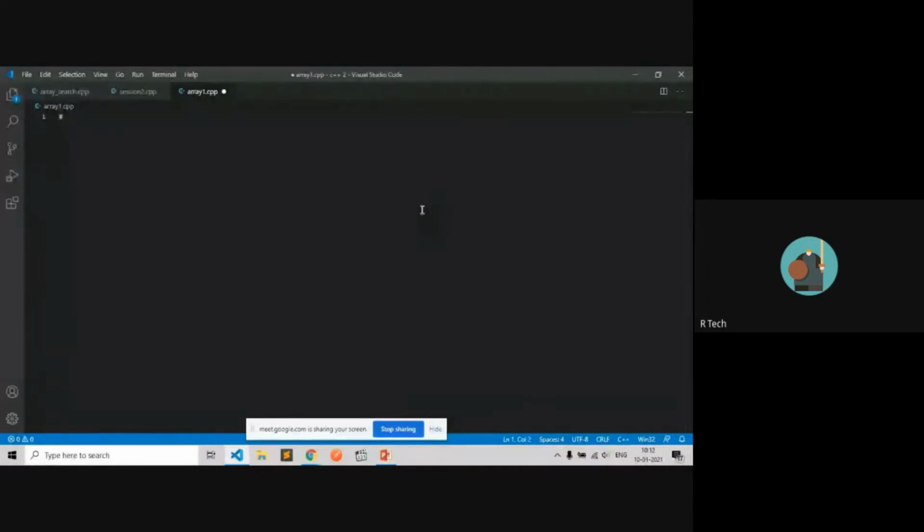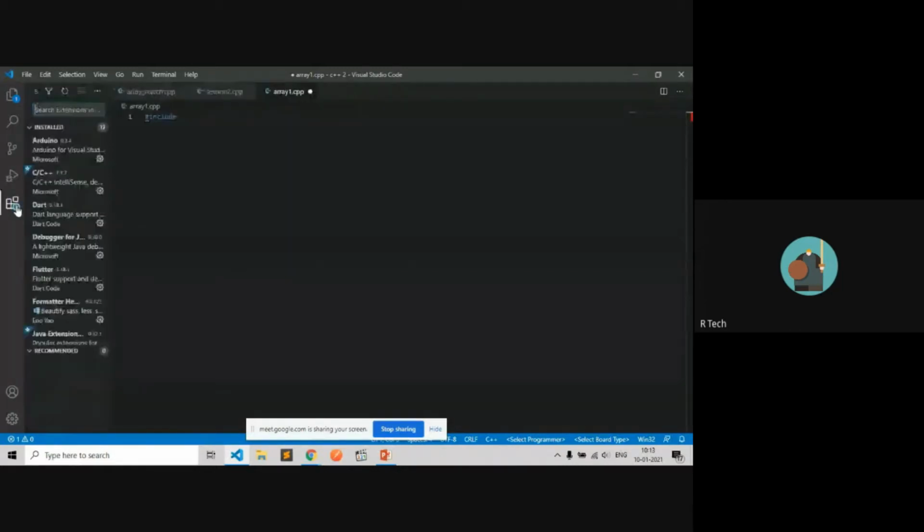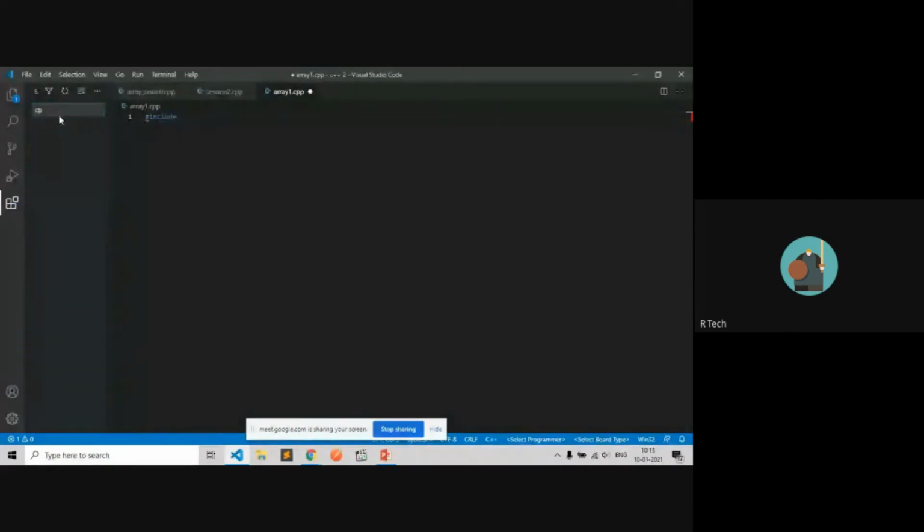So let's include. You can see VS Code providing me suggestions related to C++. You just have to go to the extensions section and find a C++ related extension.